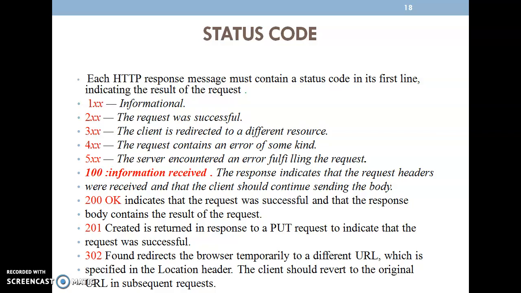Similarly, if the status code starts with 2, that indicates that the request was successful. In the post method, we have seen at the beginning we have HTTP, then host name, then version. Along with that, we have 200 OK. It indicates that whatever information was requested by the client is successfully received by the server. Then we get the message 200 with OK. Here you can write OK, or you can write successful.